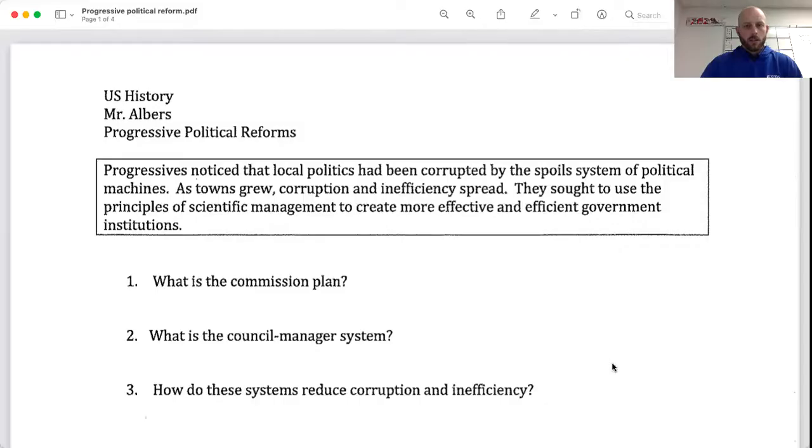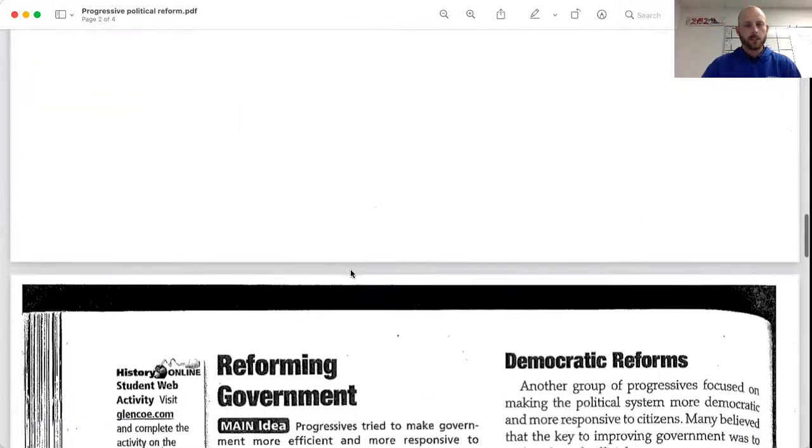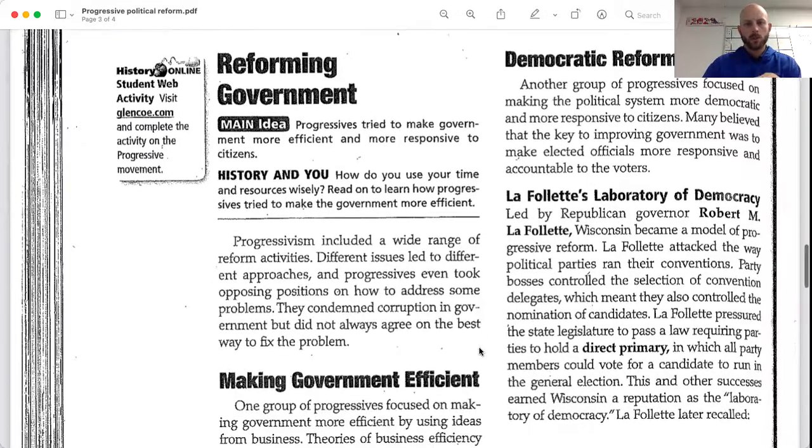The big idea is scientific management in the corporate structure. And we got some proof of that here, okay? So we're gonna look at one of the major progressive movers and shakers, Robert La Follette, who was the governor of Wisconsin and then later a senator, a noted anti-imperialist, probably one of the bigger